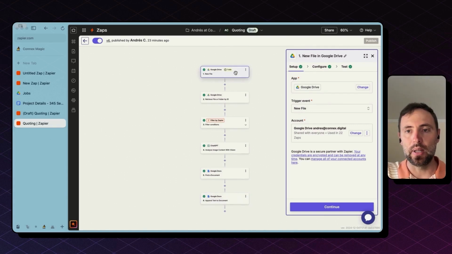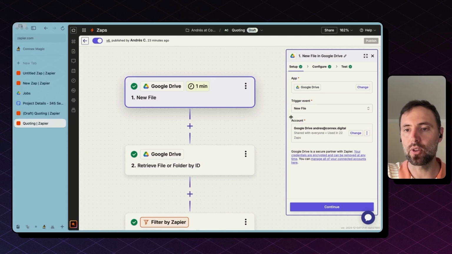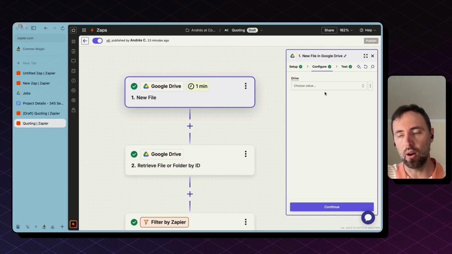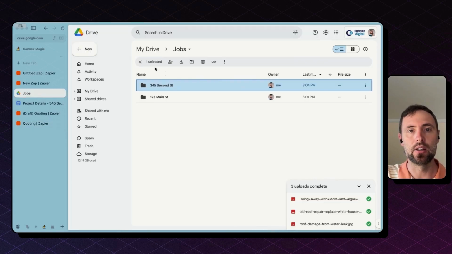So everything starts with a new file in Google Drive. You need to select App, Google Drive, trigger new file, and then connect your account. After that, you need to configure the trigger. You can select which Google Drive you want to monitor. In this case, I'm monitoring all Google Drives in my company. So this will trigger after all files uploaded in any place in my company. And I'm going to show you right away how to filter and be specific about the files in the jobs